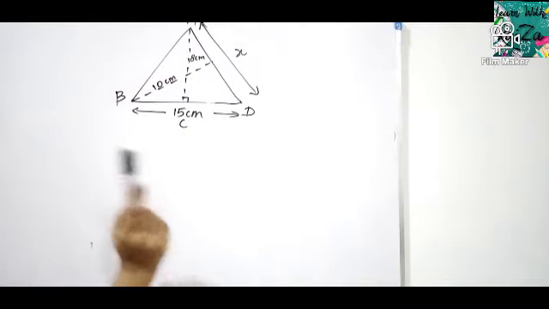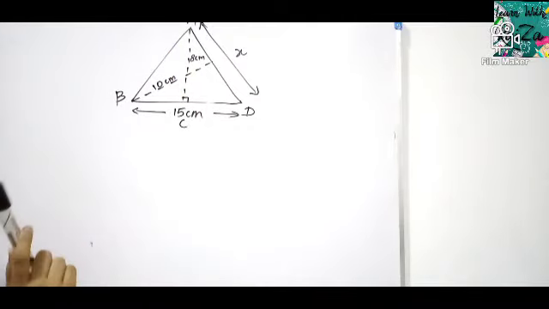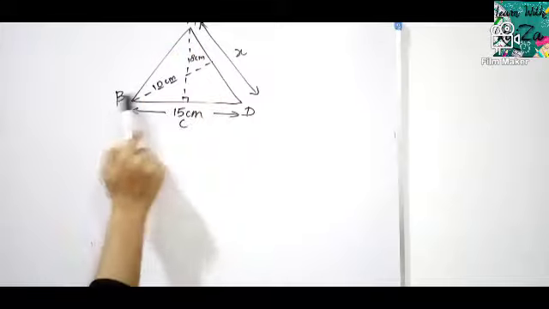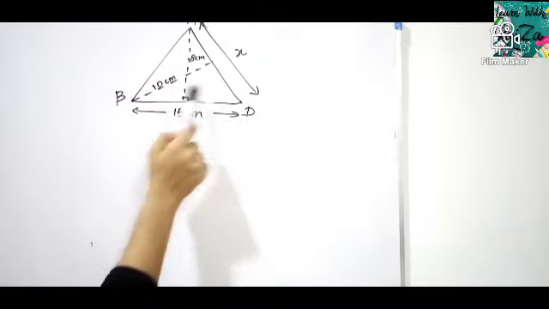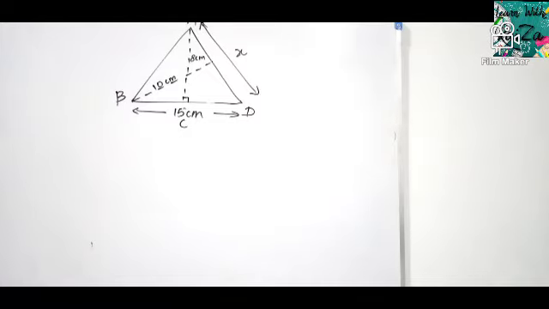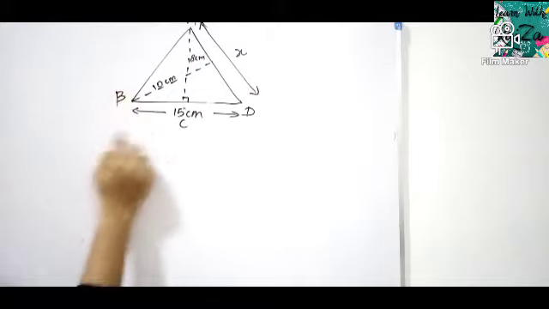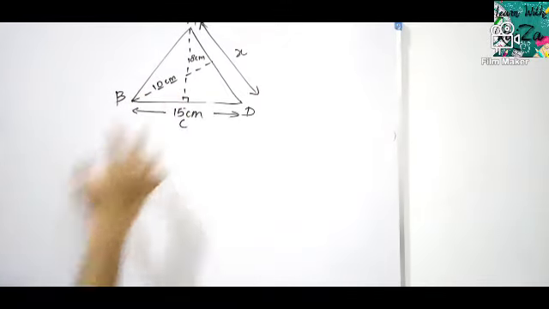Now I'm saying again, pay attention on the triangle ABD. This triangle ABD is composed of two right angle triangles, ABC and ACD. Now we are asked to find the length of x. What should we do first? Find the area of the triangle. Which triangle? As we learned, ABD triangle. This is the biggest triangle now, so that triangle is equal to the sum of the areas of these two triangles.